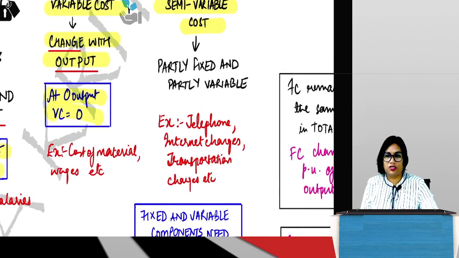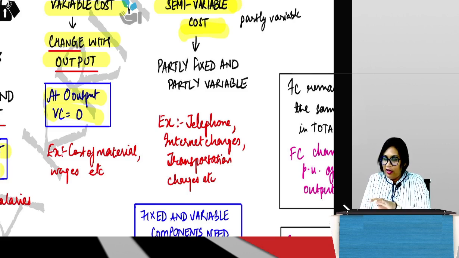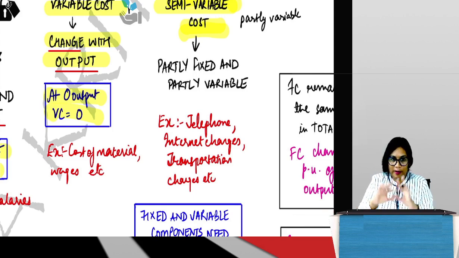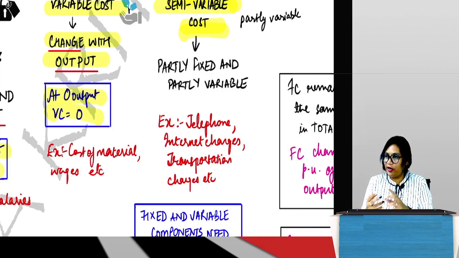Guys, the next cost is semi-variable cost. What do you mean by semi-variable cost? As the name suggests, this is partly variable. Semi-variable means partly variable. So if one part of it is variable, the other part will be fixed, obviously, no? So one part is variable, one part is fixed. So I always used to wonder, why can't we call it semi-fixed cost? We can say semi-fixed cost also, no? It will give the same meaning, right? Because one part is fixed, one part is variable. But anyway, it is called semi-variable cost. That's how this cost is known.